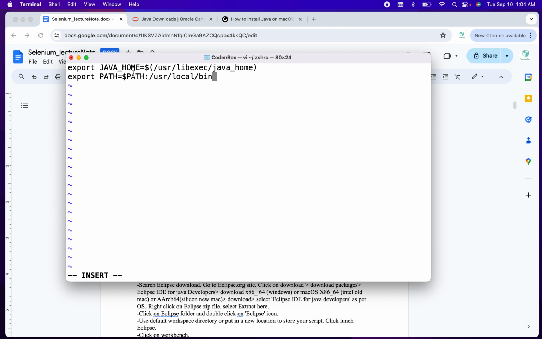So this is like the PATH variable. We're adding the bin directory for Java. So these are the two variables. The first one is a must, the second one is not mandatory, but it's good to have it. After you have exported these two variables,